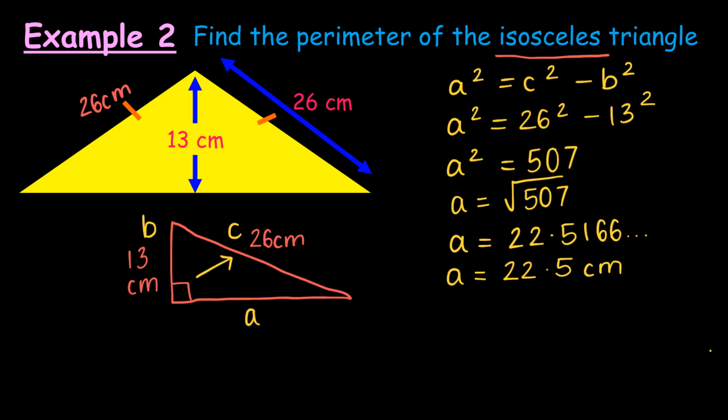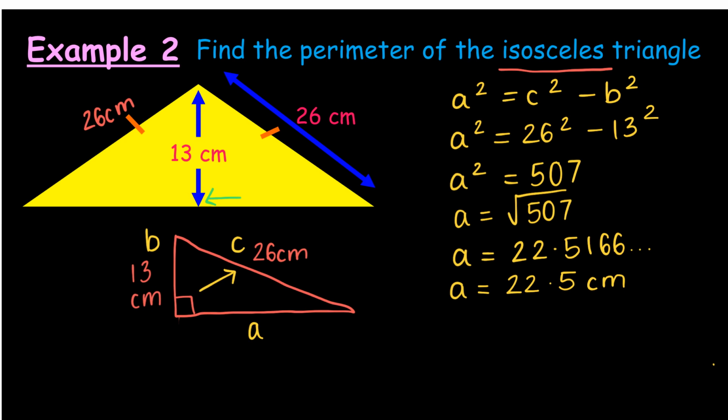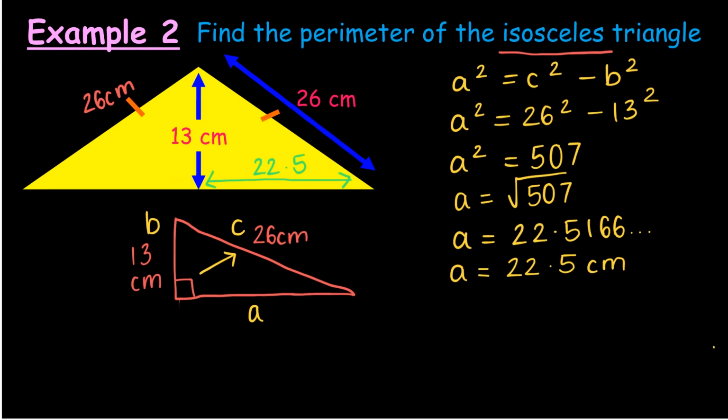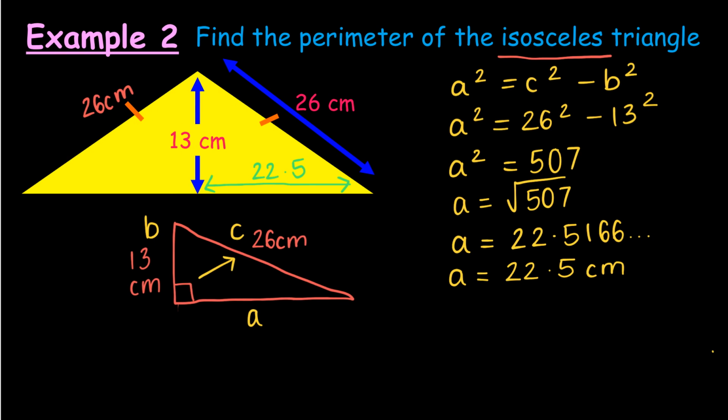Again, we have to ask ourselves, have we answered the question yet? And no, we haven't. So what we need to do is find the perimeter of this shape. So what we've worked out is the distance from here to here, which is 22.5. But what we also need to factor in is the fact that this bit over here is also 22.5. So when we're adding all the sides together to get the perimeter,